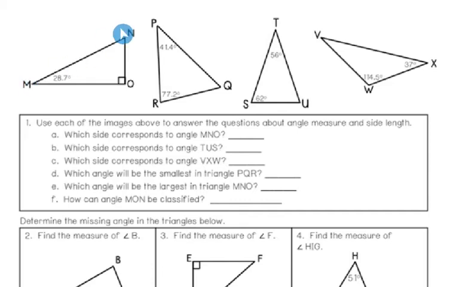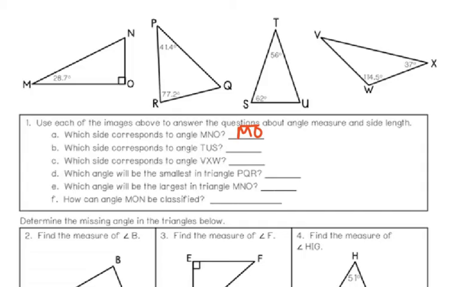So MNO is this angle right here. So the side across from that, or opposite of that, is the one that's going to correspond. And so that would be side MO. Since it has 2 letters here for the side, that's how we're going to name it, MO. When you talk about sides, you put a line over the top of your letters to indicate that that is